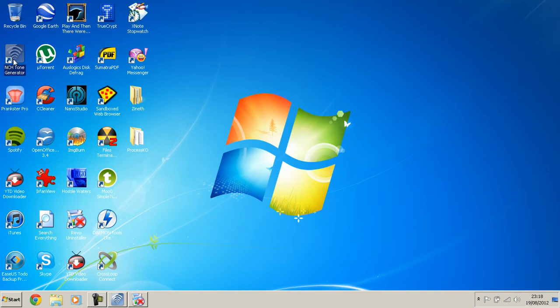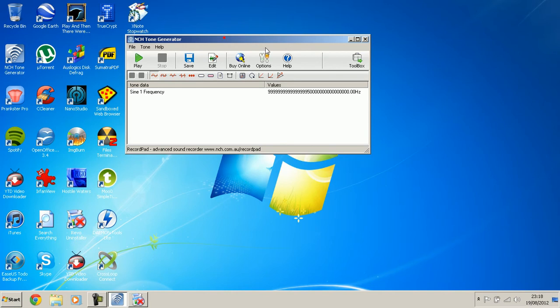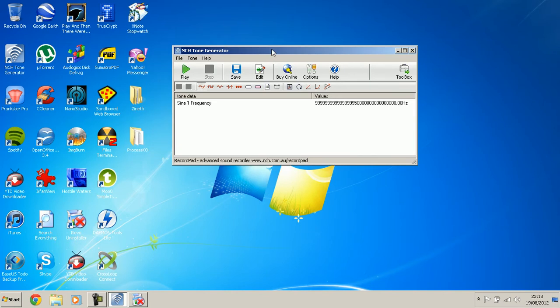NCH tone generator. I actually have that open, I'll just show you it. It basically just creates sounds and stuff like that. I like to use it to make white noise. It helps me to sleep. Plus, I also like to just play around with it. But if you're a professional, which I'm not, on sounds, you can use this to go ahead and calibrate your speakers or whatever, white noise that is. So yeah,